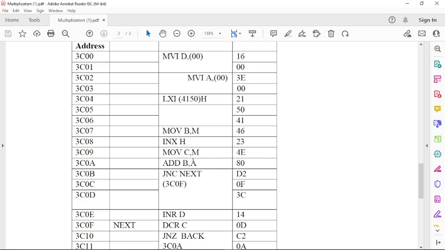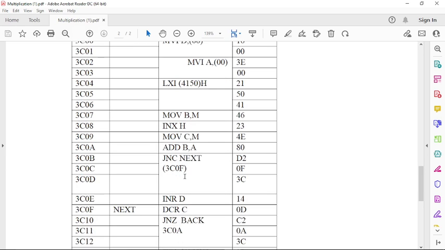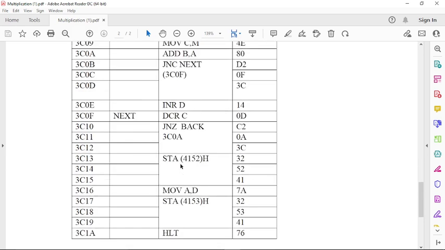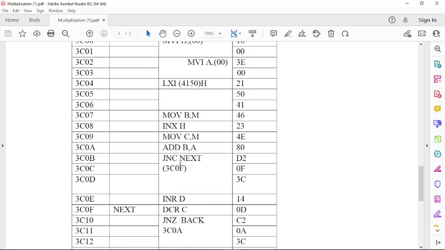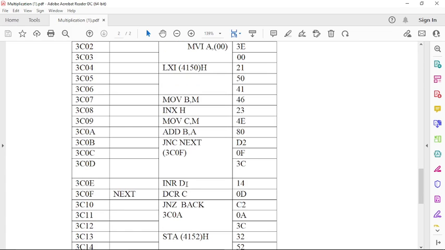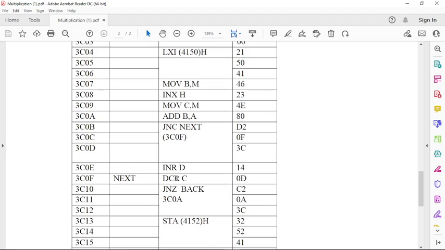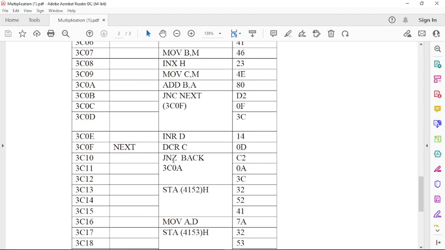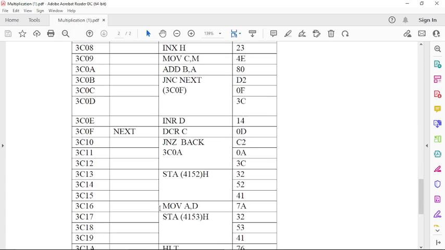We have to add B and A. We have to check carry. If carry is not there, then we have to skip that one instruction, which is INR D. Then DCR C, jump on no zero, BACK. So actually here it should be BACK. So we have to perform addition again. So remember that here it should be BACK.